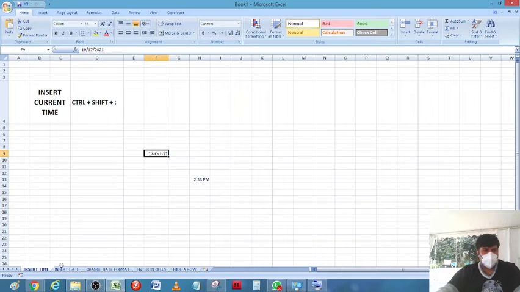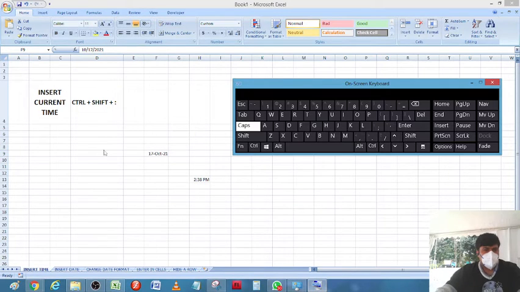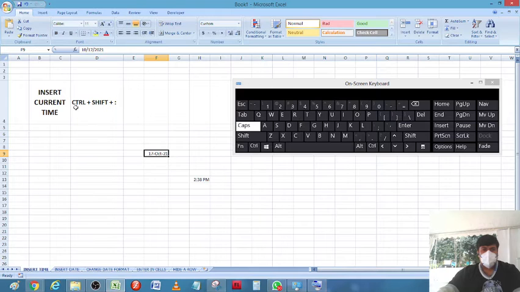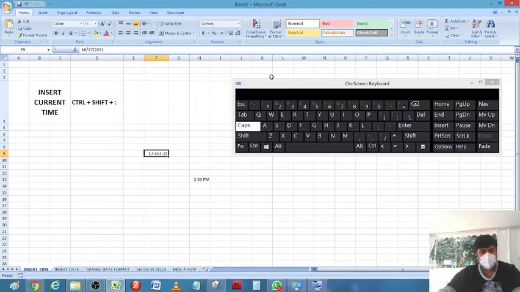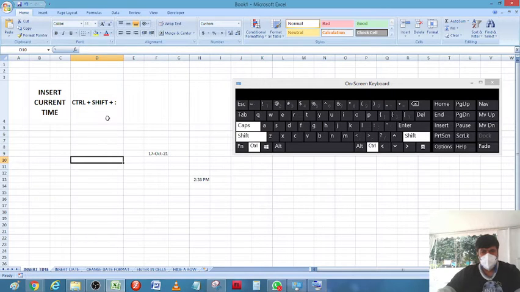Okay, so today the first shortcut key is about inserting the time. To insert the current time in your Excel sheet, we need to press Control plus Shift plus semicolon. On this keyboard, it's Control, Shift, and this semicolon key.